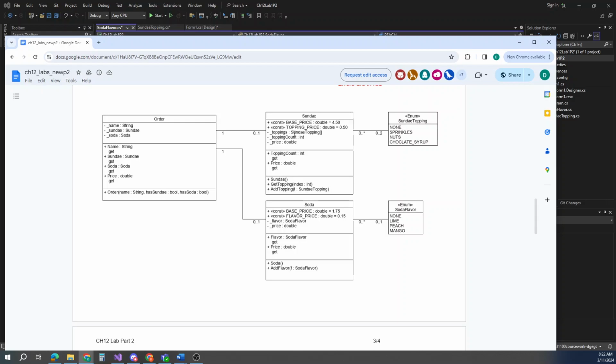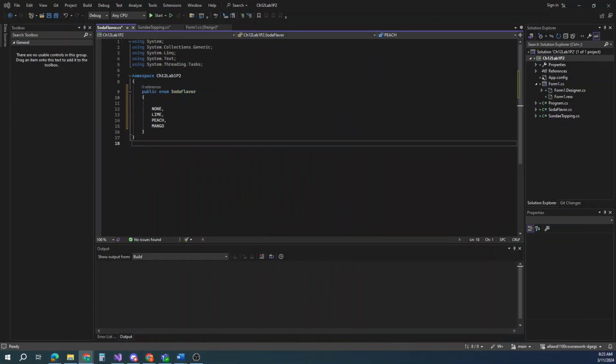And then we have some weird stuff we haven't seen before: this toppings, Sundae topping array. And then our constructor, our gets and sets, and a couple methods that we're going to use. So go ahead and code out our Sundae